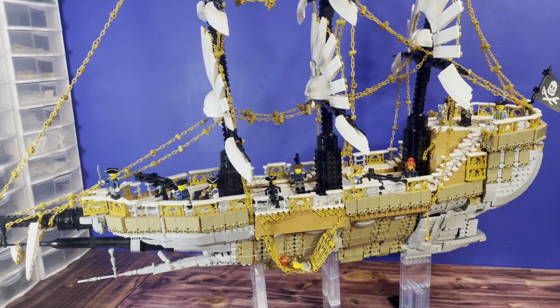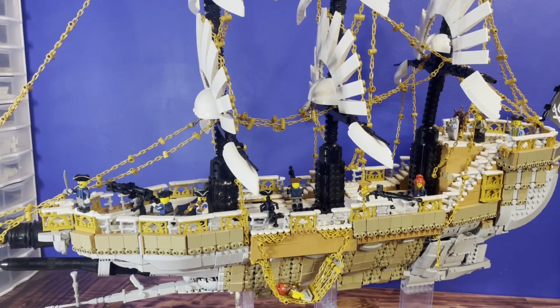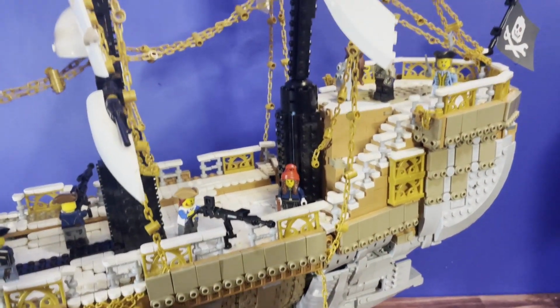In all seriousness, I don't have a story for this. This whole build wasn't really planned, so there's no story planned. And when I eventually rebuild it as the Duchess's Crow 2, I'll probably try to come up with some more